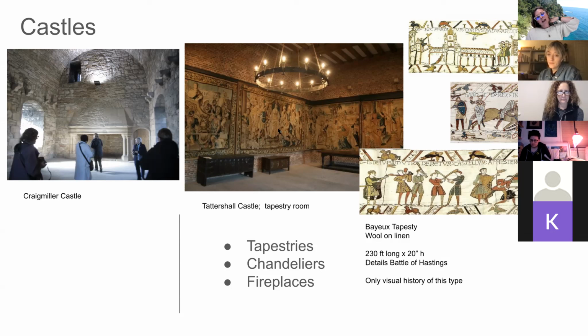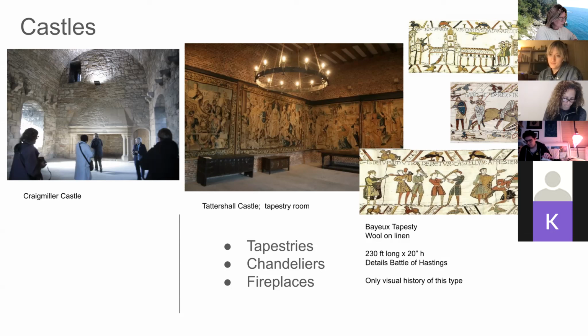It was an insulation. And one of the things you think about in terms of your own interior design and working with clients is that these things can be beautiful, can be functional as well. And these could be made of many different things: woven wool, linen. This is the Bayeux tapestry, and this is wool embroidered onto linen, and it's 230 feet long by 20 inches high. So just imagine this very long, scroll-type textile, and it details the entire Battle of Hastings,